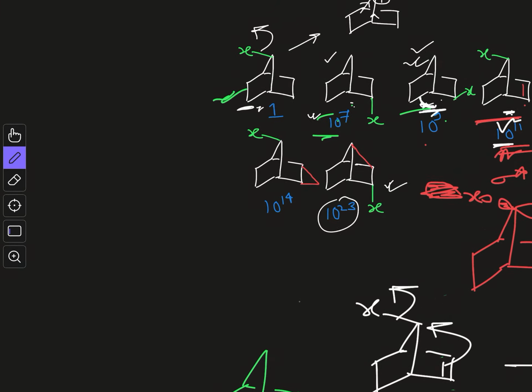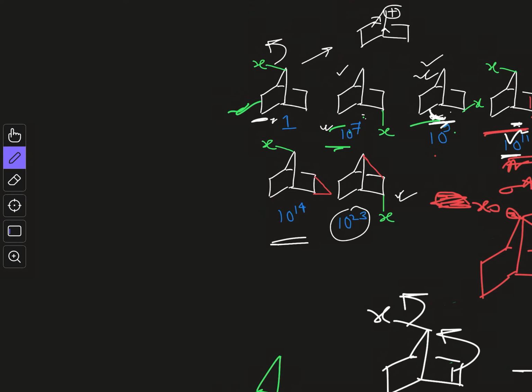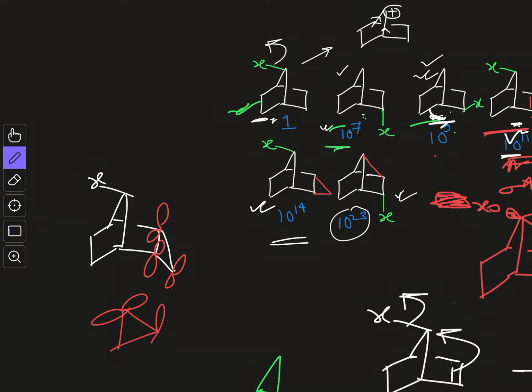Now let us talk about the other two, which are even faster, this one and this one. In this particular case, you can see how the participation is occurring. It is interesting. Here you have this X, and here you have the cyclopropyl segment. In the cyclopropyl, the bonding is best represented by unhybridized p orbitals. These are overlapping with another set of p orbitals here, so all three are overlapping. We know that in any cyclopropane system, these p orbitals are very reactive.